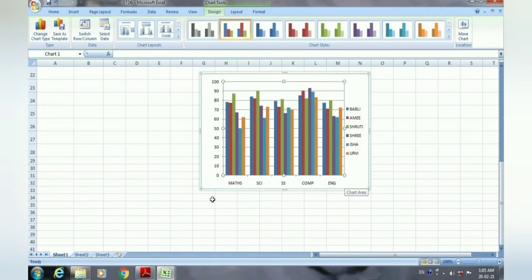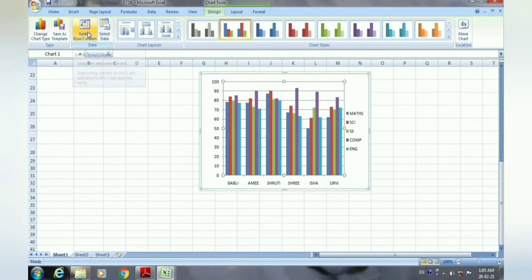So like this the swapping is there. So x-axis data came into the y-axis. So here instead of the students' names, what is there now? Math, science, SS, computer, the subjects' names are there. And the students' names are written here like this. And if you don't want to use it, then again you just use the switch row and column again. Then it will become like how it was before.